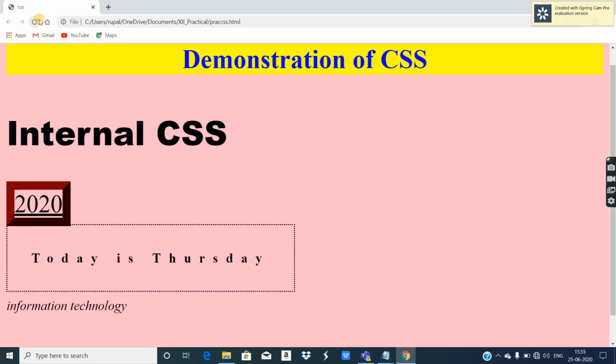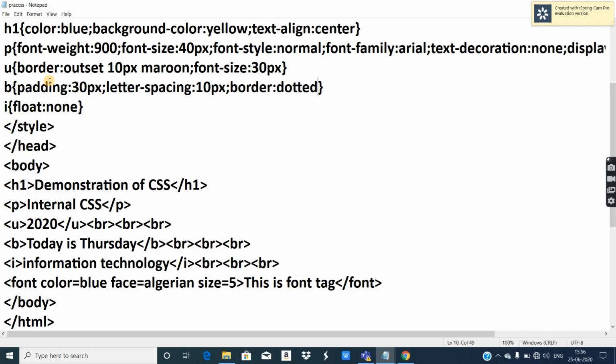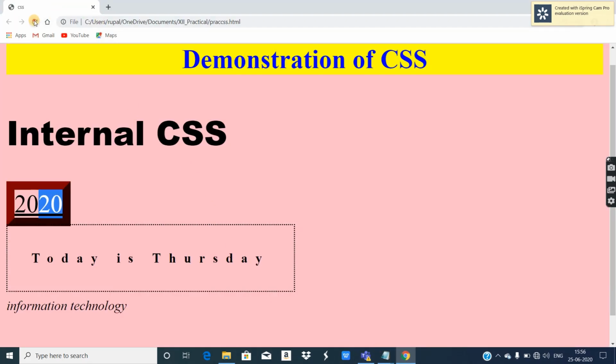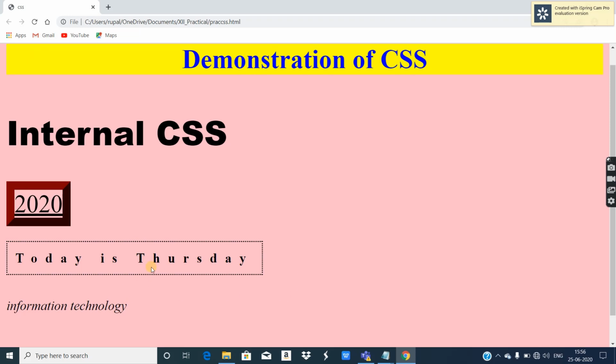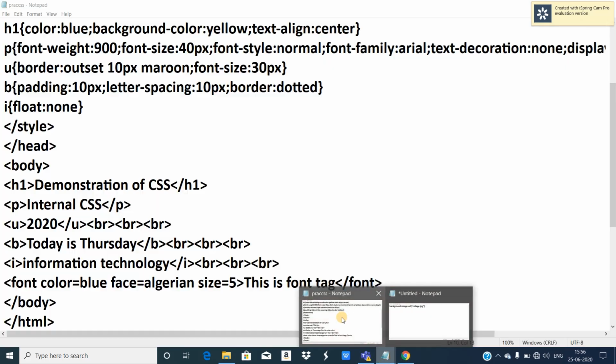Refreshing it. Now see the border and the spaces which it has taken, so much space around the text. It depends upon the value. If you provide a smaller pixel value, it will occupy less space. And padding, you see, now the spaces are reduced. Padding, if you use it for form elements, increases the size of the form elements. For example, you are using it for text boxes, buttons, so it is going to increase the size of the text boxes, buttons and other elements. So you can use padding like that.